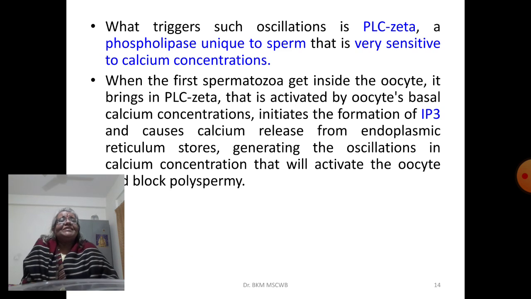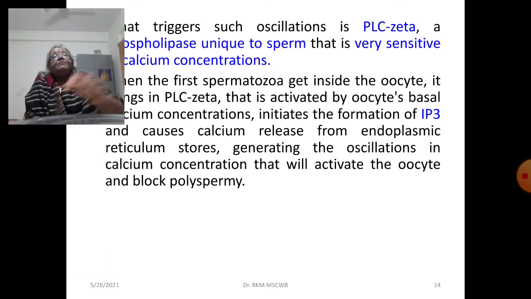This initiates the formation of IP3 and causes calcium release from endoplasmic reticulum stores. I have already told you, calcium ions are present in large quantities in the endoplasmic reticulum. So this generates oscillations in calcium concentration that will activate the oocyte